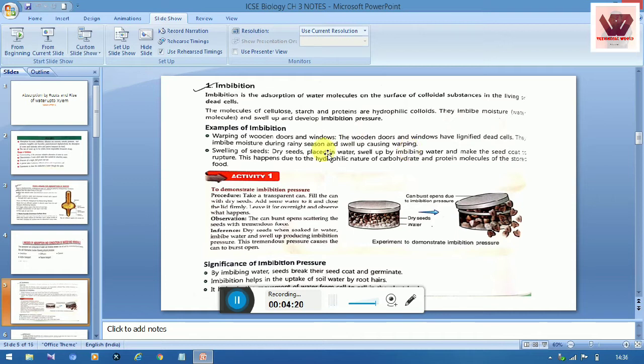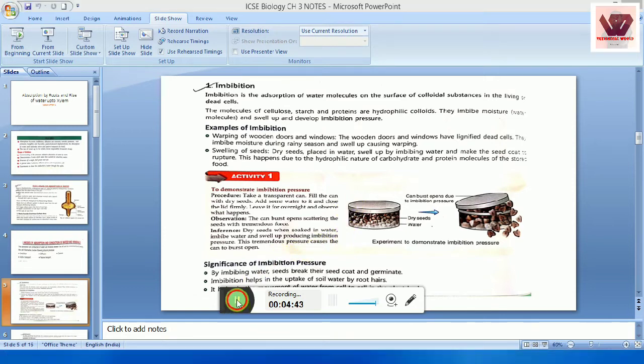Now swelling of seed: dry seed placed in the water swells by imbibition of water and makes the seed coat burst, right? यहाँ पर एक एक्टिविटी दिया है, ये आप घर पर भी ट्राई कर सकते हैं. ये एक्टिविटी है, आप एक कंटेनर लीजिए, कंटेनर में आप क्या करेंगे, सीड लेंगे, है ड्राई सीड, और ड्राई सीड को वाटर पे भिगा देंगे. वाटर पे भिगा देंगे मतलब वाटर से ड्राई सीड को आप वॉश कर लेंगे, फिर इसमें डाल देंगे, और